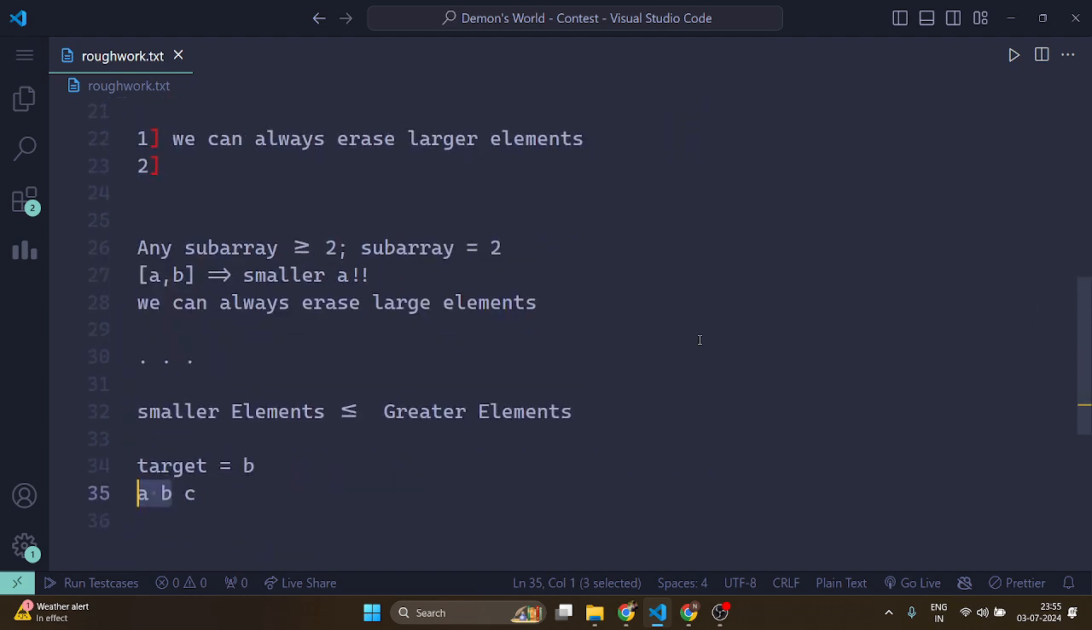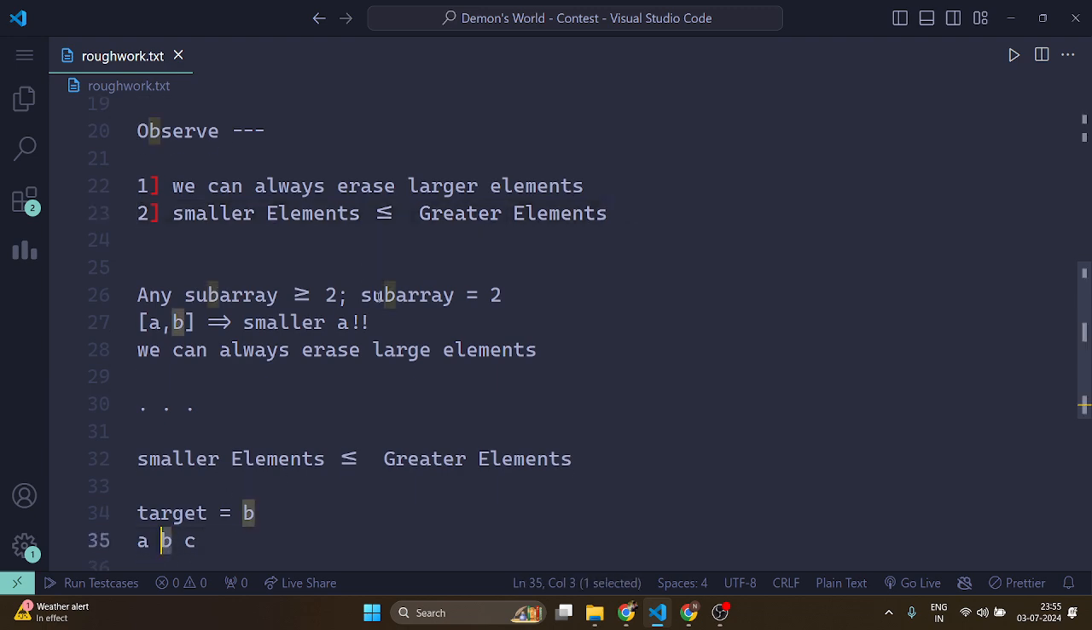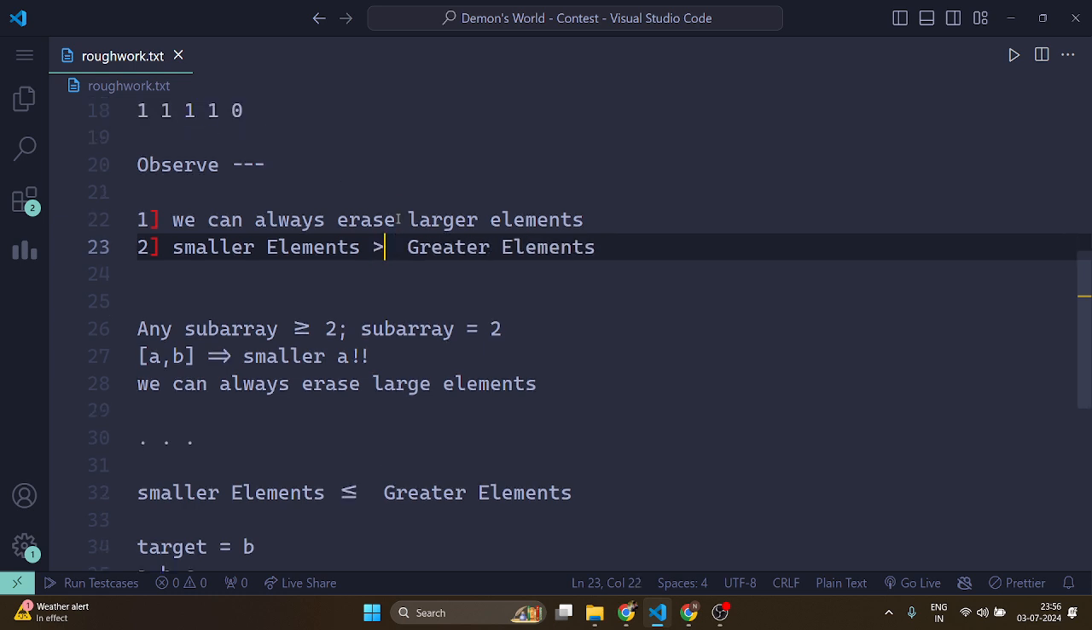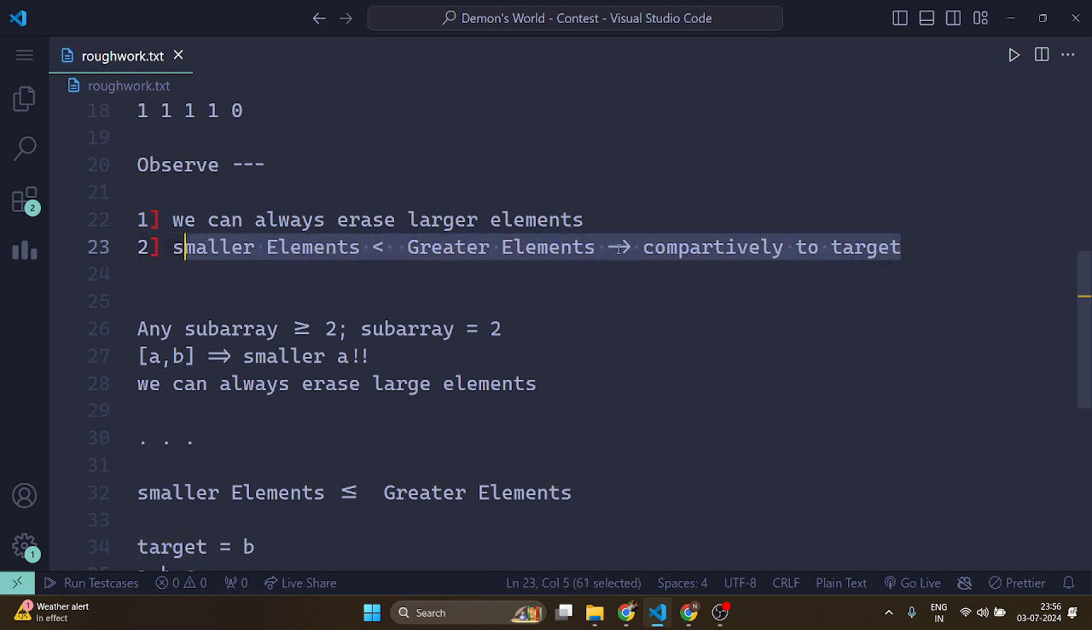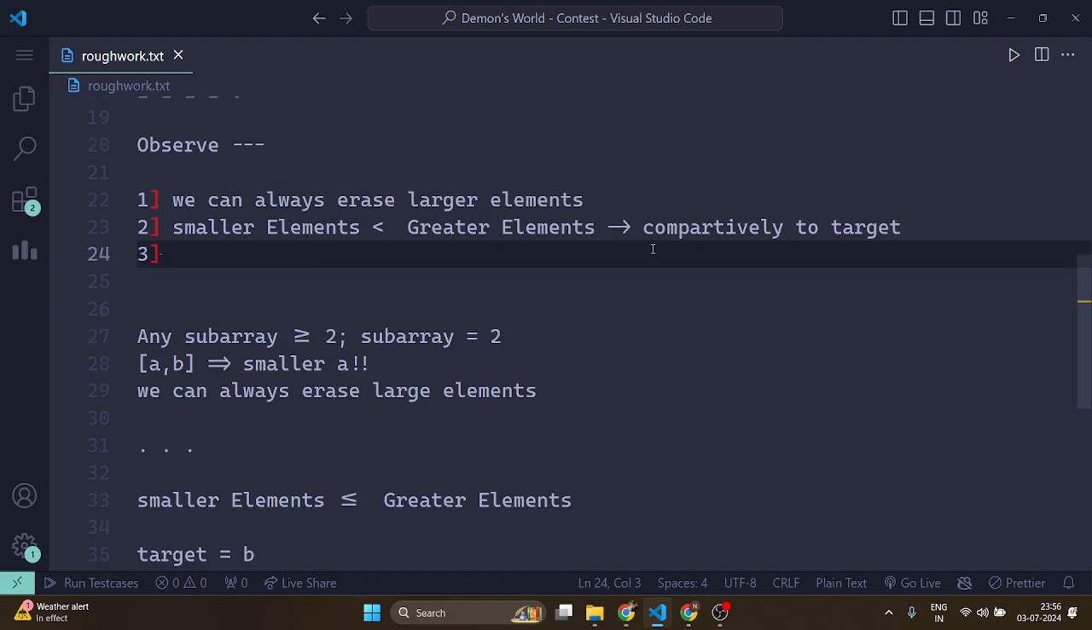Now, observation 2 was that the smaller elements should be less than or equal to the greater elements, and if we do not include our current element b, then the smaller elements should always be less than the greater elements compared to the target. Then only we can make this possible. Okay, so these are the two observations. Then the third observation: our answer is